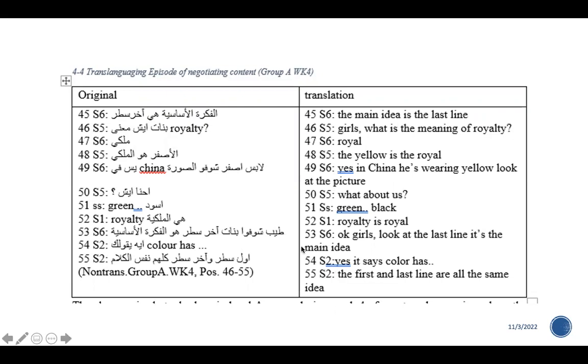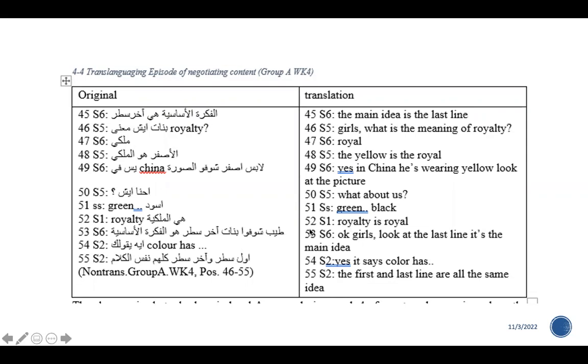And then another student says green, black. So then they come to this conclusion that yes, royalty is royal. And then, so royal has, okay. So they come to the conclusion that, okay, this is the main idea, and we know what the